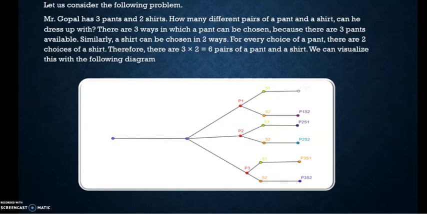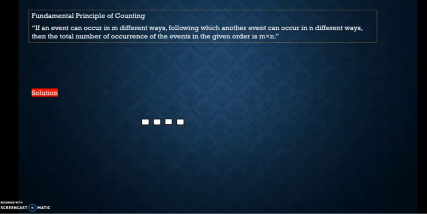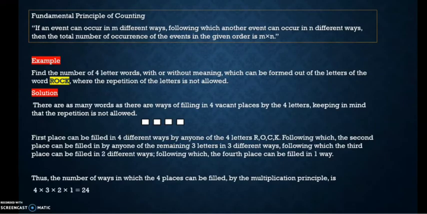Now, this kind of principle, what we have just used, is called the fundamental principle of counting. So what does it say? If I have an event which can occur in m different ways, and there's another event which can occur in n different ways following the previous event, then the total number of occurrences of both the events in a given order is equal to m